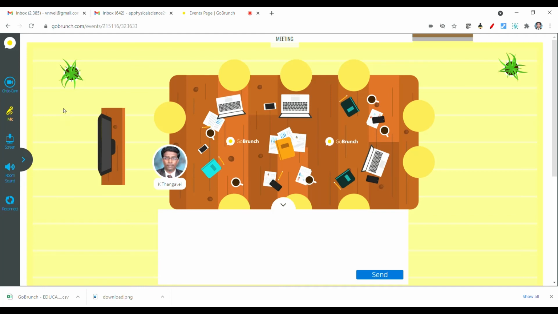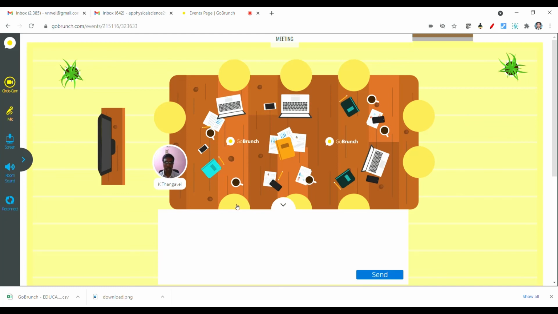For that you have to go to circle cam. This is a teacher's position. Now we click circle cam, and your live camera will be visible here. As a teacher you can connect the students in the other circle positions. Maximum in this room there are 10 positions, so you can accommodate the other 9 students. For that I have shared the link.